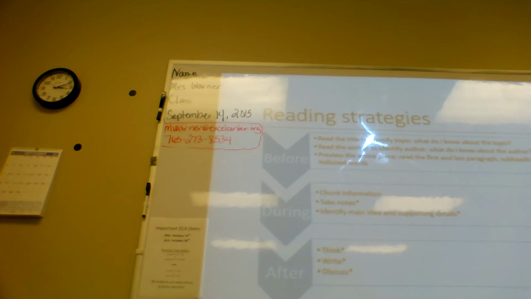Okay, so let's talk about these reading strategies that we've been focusing on. Let's focus on the purpose behind each of these pieces as well as what we're doing. Before we even start reading, we come across a reading, something that we need to understand. So the first step is doing what? What are we reading first? The title. And we're reading the title to identify the topic.